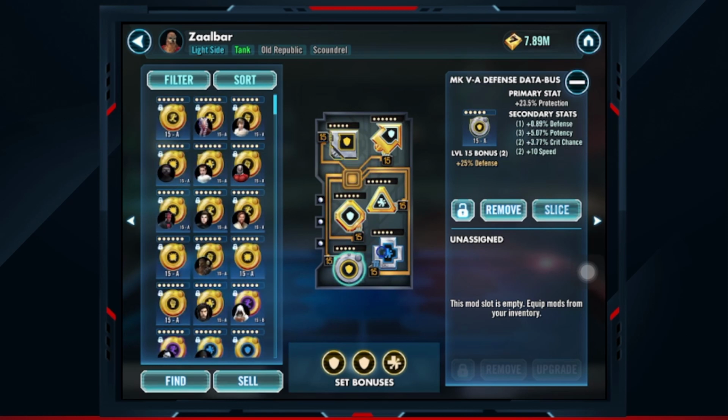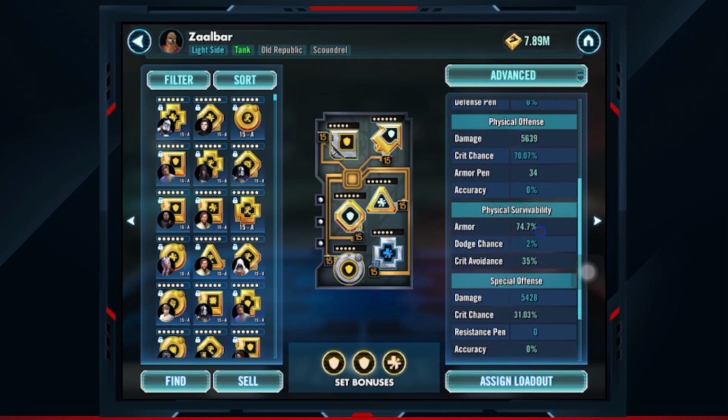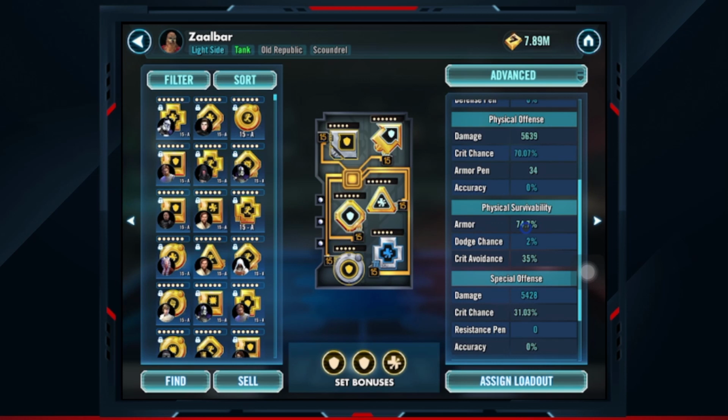currently, but it's enough to get the job done. These are the stats that he's got. He has 74.7% armor, and a really nice